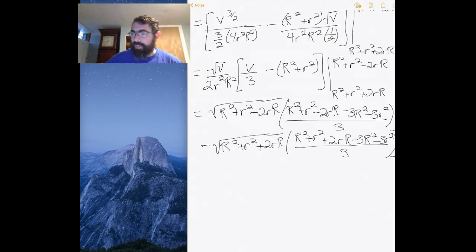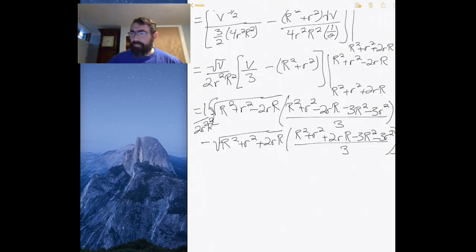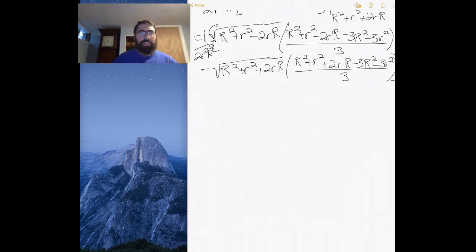And then I can't forget in the front that there's a 1 over 2 little r squared, big R squared. So it's getting really kind of messy. Okay, but now we can start eliminating terms, and what we have is 1 over 6 little r squared big R squared,